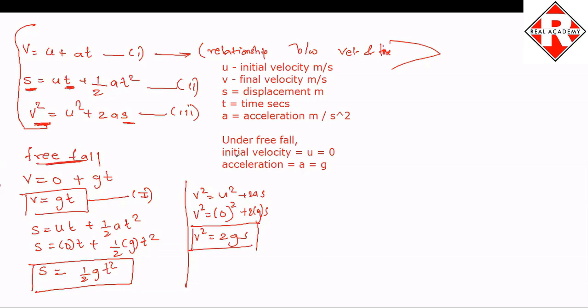Now, I just told you that when a body is under a free fall, when it is falling from up in the downward direction, your a is equals to g. But when you're throwing a ball upwards, in that case your a will be minus g. Always remember this. Because the velocity is going to decrease when it goes upwards for a while. We will be discussing that also. I hope this part is clear to everyone.